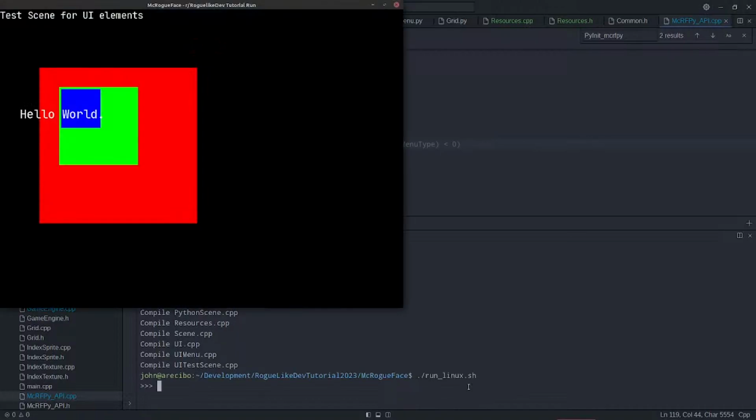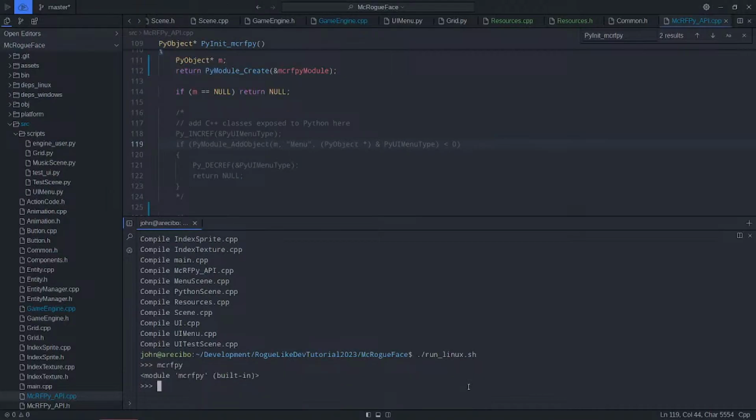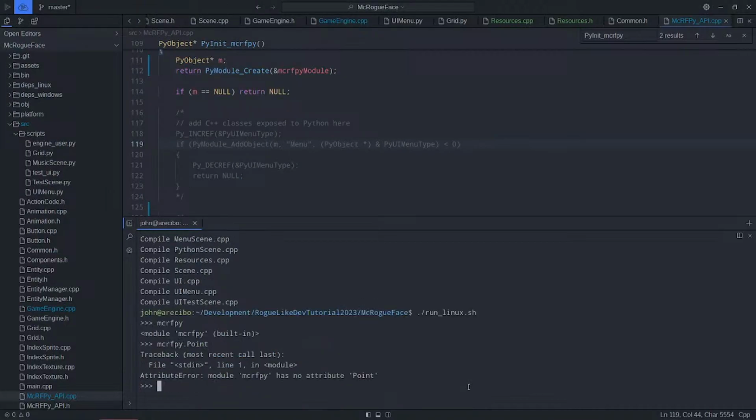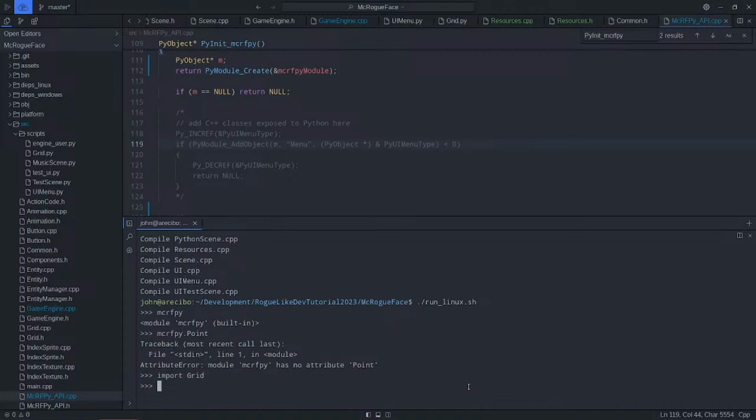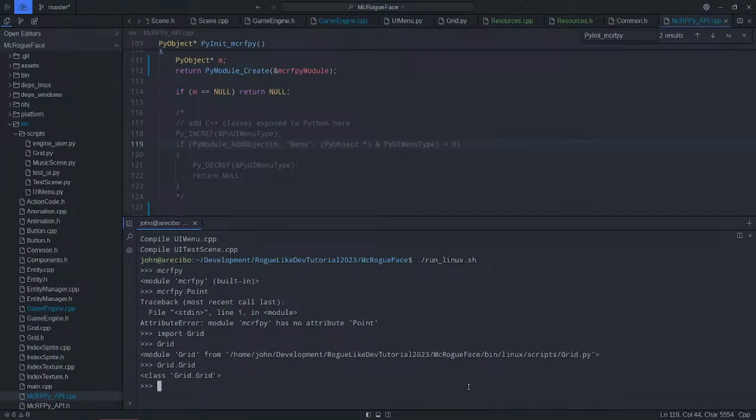We're running. We're crashing. So that imports fine. But if I try to add an object to the module,